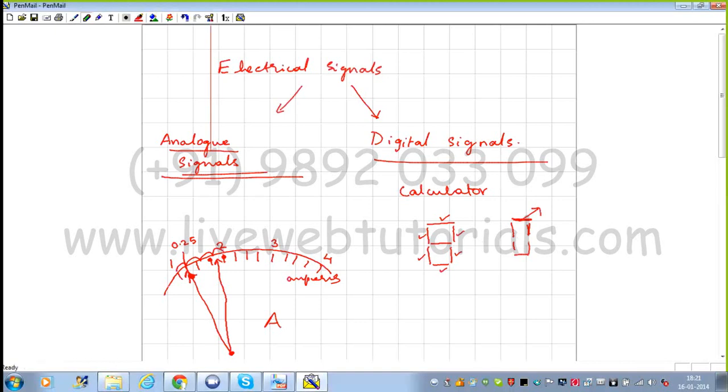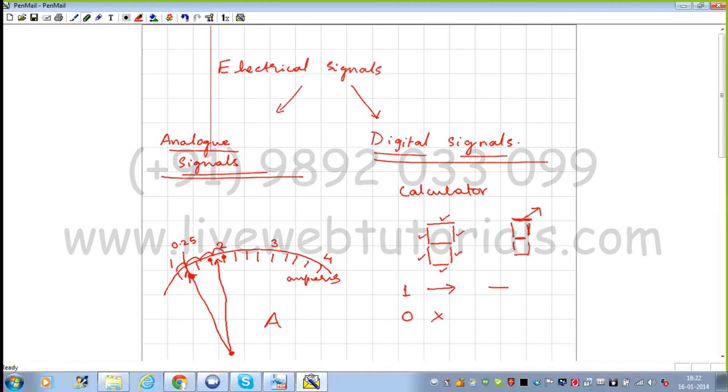So there are only two possibilities in case of digital signals. Either the current is passing, in that case that particular line will be shown, or the current is not present, in that case this line is not present. This is known as either 0, meaning the current is not there, or 1, meaning the current is